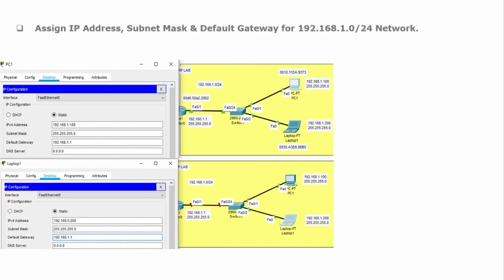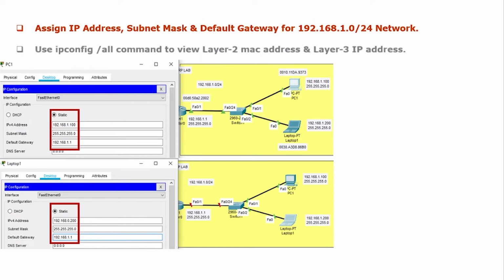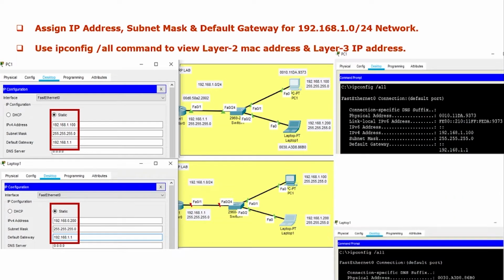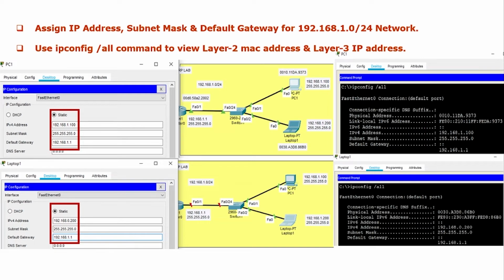Now go to the one network, assign the IP address, subnet mask, default gateway for 192.168.1.0 network using the static. Manually we need to assign. Once IP address, subnet mask, default gateway is assigned properly, then check the ipconfig /all command. So it will list out your layer 2 address and the layer 3 IP addresses.